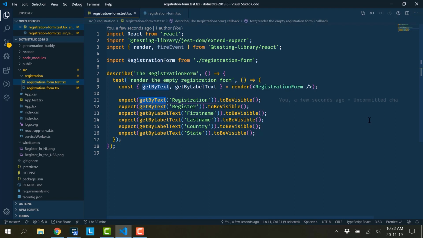Or if you want to be real flexible, you can pass in a function which is basically called with each DOM element which is rendered, and you can decide whether it's a match or not. So you could even check whether or not some values appear in a table or a list or whatever. And then the to be visible checks that should return a valid DOM element, and